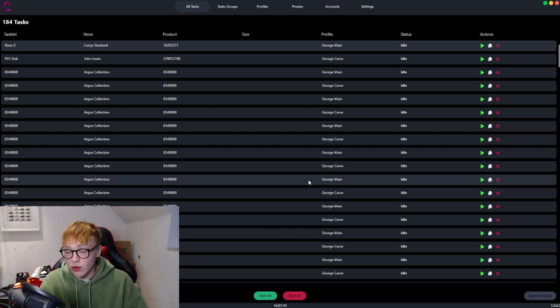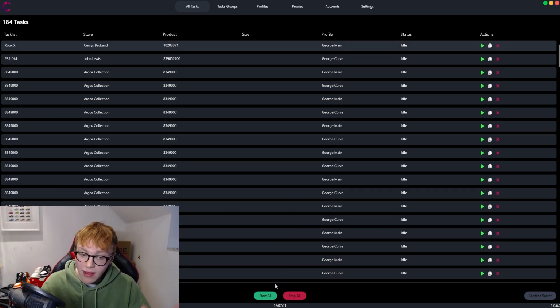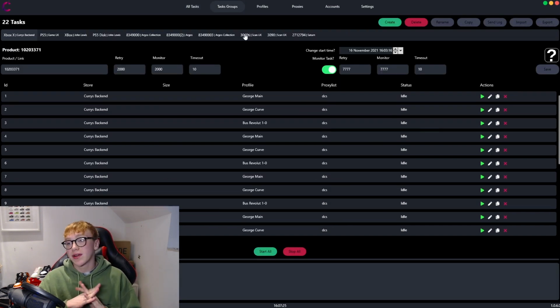But I actually never use this screen. I didn't use it once. I'm only using it here. You can start or stop all. You won't use it. Honestly, this is the screen you'll be using, and this is when everything will start to make sense. So what they've done is they've implemented task groups into console drops, which is literally perfect